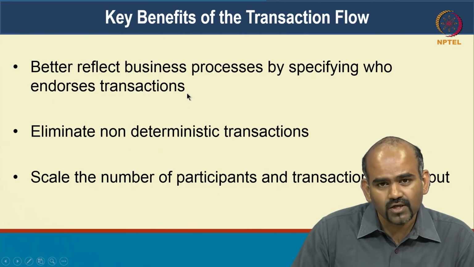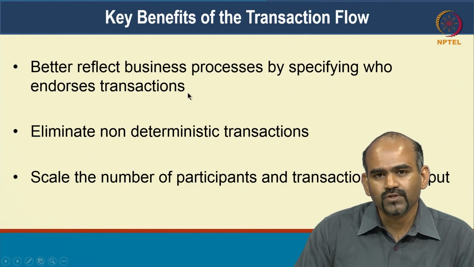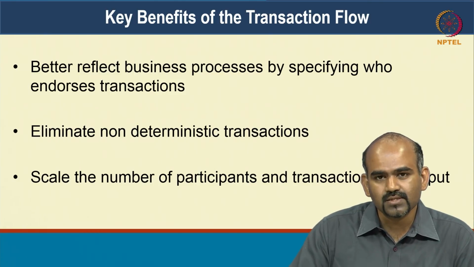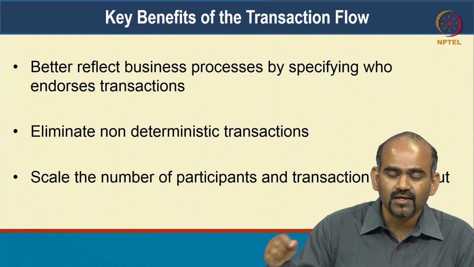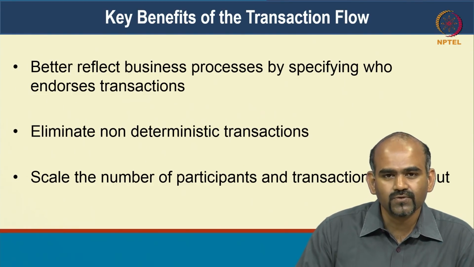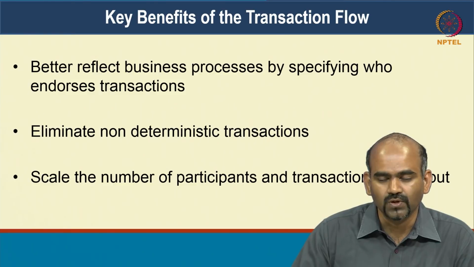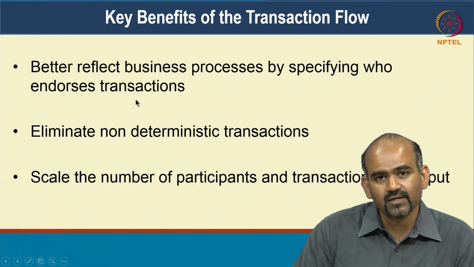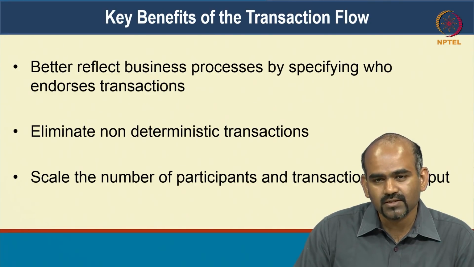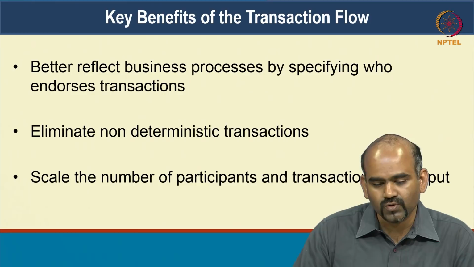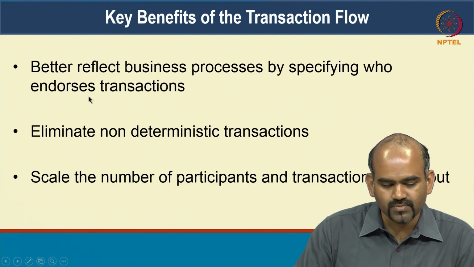The notion of endorsements gives you a way to specify who in the system needs to validate a particular transaction. So I can specifically say these 3 organizations have to accept my transaction for it to go through. That can give you a way to embed business logic into the endorsement phase itself. So if these organizations do not accept that this is a valid transaction, it cannot go through. So that's a way in which you can embed business logic into endorsements.